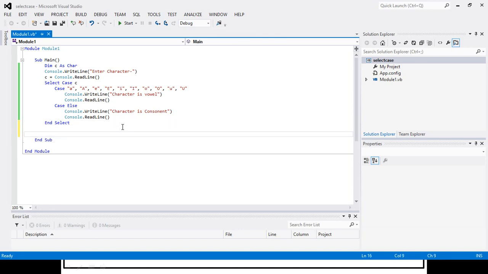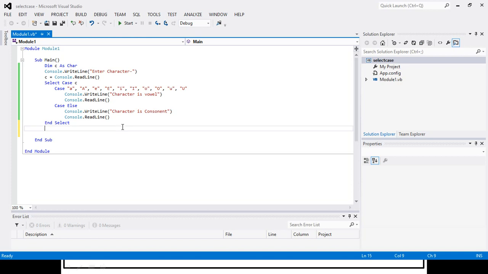Here in the same project I will write the program to perform various operations like addition, subtraction, multiplication and division, and as per the choice that the user has entered, it should perform addition of two numbers or subtraction and so on.